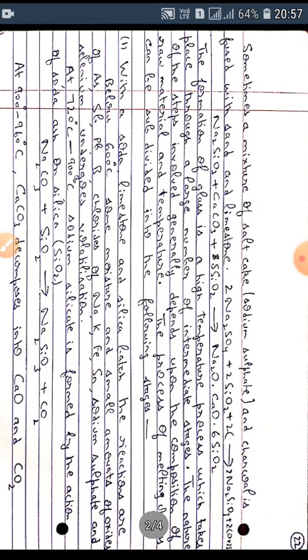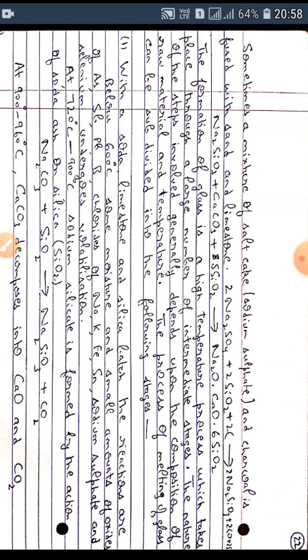If silica is simultaneously fused, that is reacted, with sodium carbonate and calcium carbonate, that is soda ash plus limestone, then we obtain sodium calcium silicate, which turns into a glassy mass on cooling, and it is insoluble in water and acid both. The equation is as follows: Na2CO3 plus CaCO3 plus 6SiO2 gives Na2O CaO 6SiO2 plus 2 CO2.